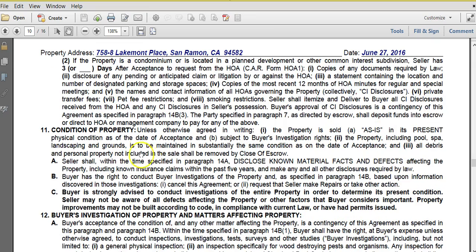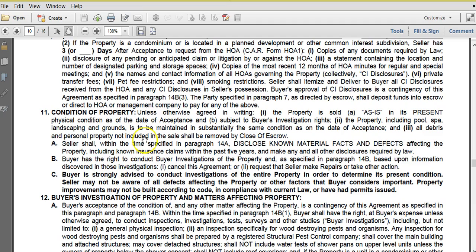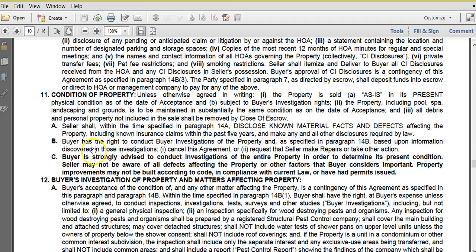Okay? This chapter right here says that the property is sold as is unless you suggest otherwise. So if there's a repair that wants to be made, this is where it needs to be made. Since there's no repairs, it's just as it is in its present condition. The seller will give you all the facts, everything we need to know, so it's going to be very easy and smooth there.